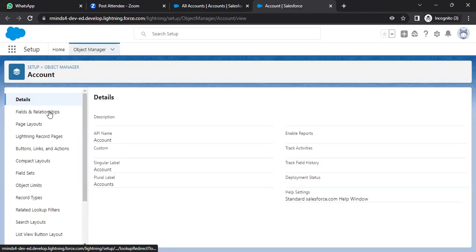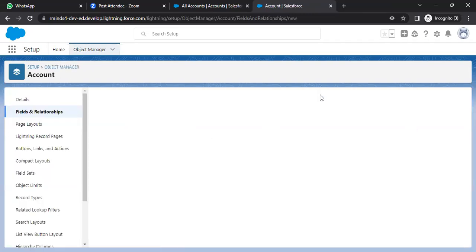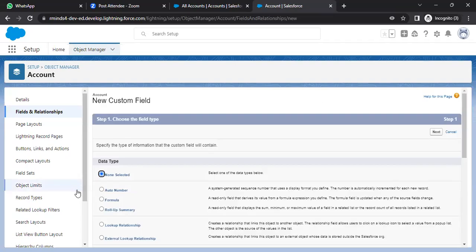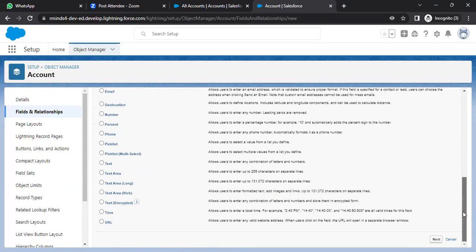Under the object manager, fields and relationships, I'm repeating it because you will have to know the navigation as well. It should be on top of your mind. So go to object manager, and under that, on the left side, fields and relationships, right? Go ahead and click new field, new, and it should be of type formula field, right? Click on next,